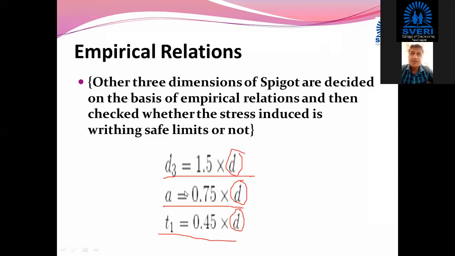Okay, so just for the understanding, here I have written the formulas, the empirical formulas which are coming from the experience and standard design procedure. So for the spigot and socket sprocket quarter joint, these are some formulas which are coming because of the experience of the designer. It doesn't mean that they are going to give a wrong result, but once you calculate all these values, we have to check them for the stresses which are induced inside that particular component.